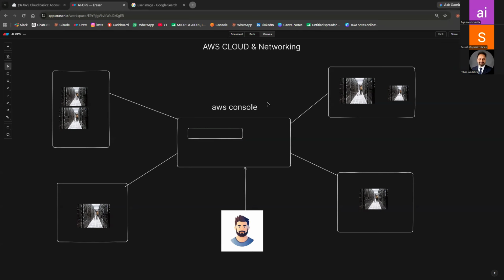Everything was filled, then he said go and create. When you click on create, that means the launch button, AWS automatically runs some backend automation in order to create the server from their data center.